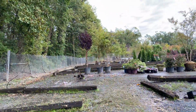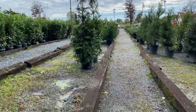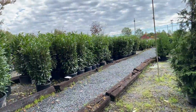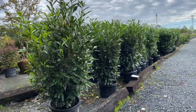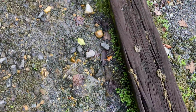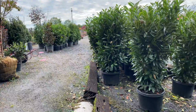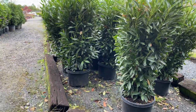Okay, what we got over there? Seems like all of these are those cedar type looking things. I'm not going through that. Ew, look at this. Okay, sorry, I don't even need to show you guys that. But that's why I'm so creeped out about walking over here, because it looks